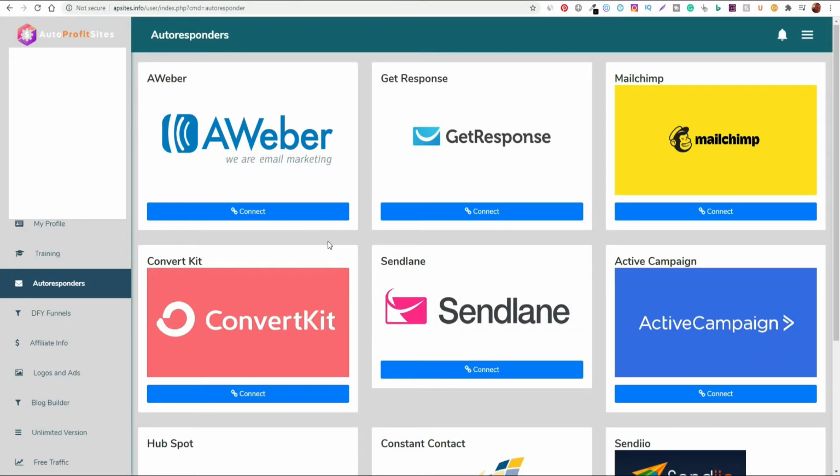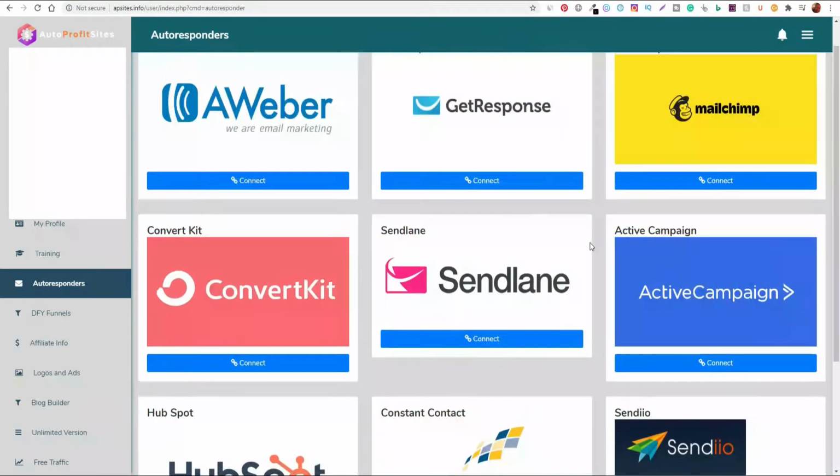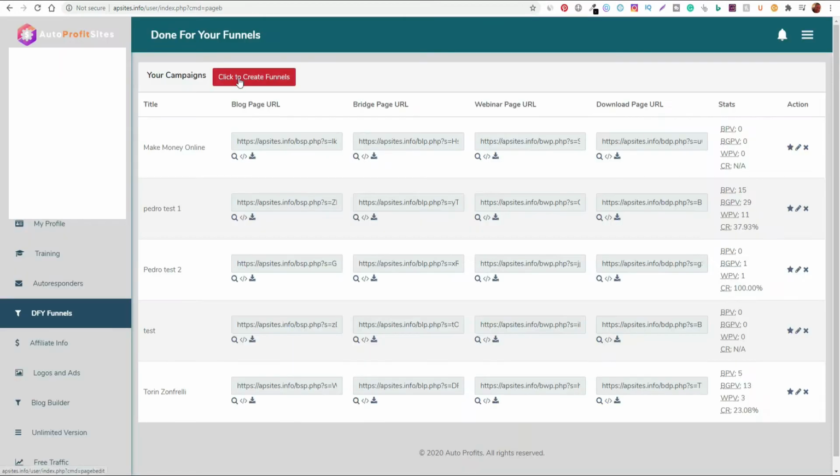So again, you can check out the autoresponder features, and you do have access to integrate and connect to loads of different autoresponder services. That's a decent feature, at least, and it does work. So you can connect to, say, Aweber or GetResponse, whatever type of account you do have, you can connect this up. So if we check the done-for-you funnels, you do have the ability to create your own funnels,